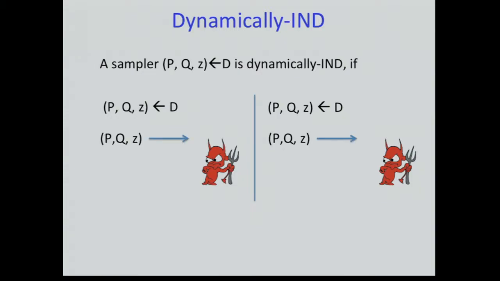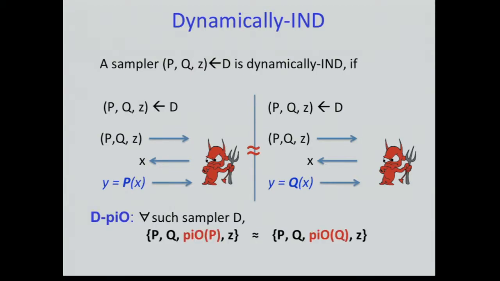Here the adversary is given the tuple sampled from the distribution in both worlds, and he can dynamically choose the input. And for that input, he gets to see the output of the program, either from P or from Q. Okay? And the randomness is generated at random in both games. So, well, it seems reasonable. We require that the view of the adversary should be indistinguishable. And this indistinguishability will give me a notion of PIO, which is for any such pair of programs, the obfuscation should be indistinguishable.